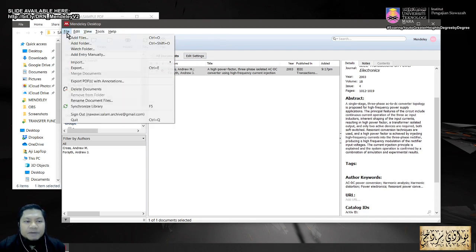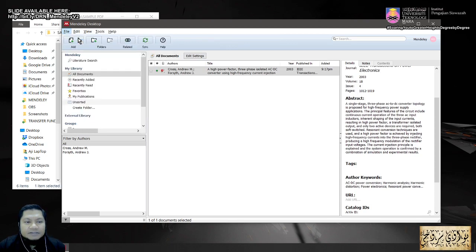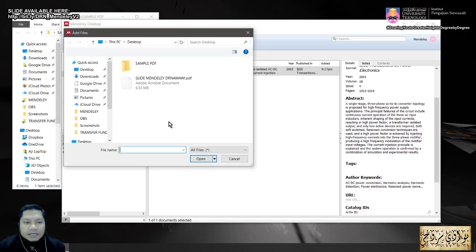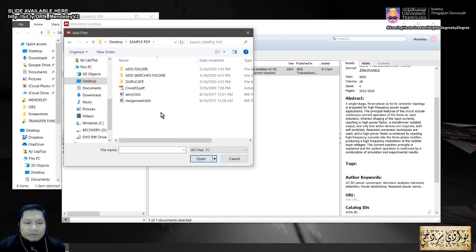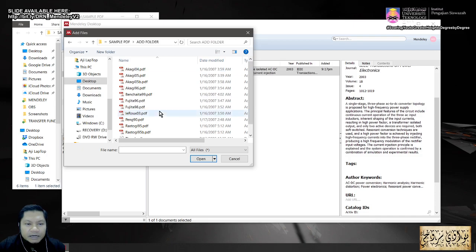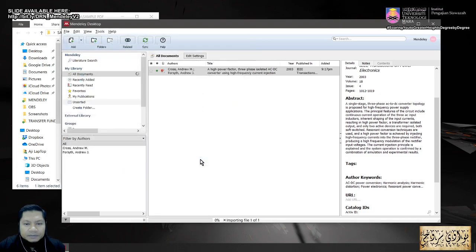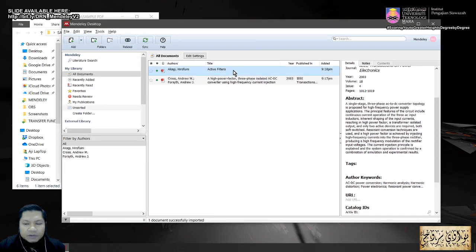Okay, so this is the first method to add your PDF. The next one is by using this add files, isn't it? So you can go there, click add files, and then you can go to the folder again. I can select add folder, for example, double click. I just want to add this Akagi file. Just click that Akagi file and then click open. Then the next paper will appear here. Okay, if I click this paper,